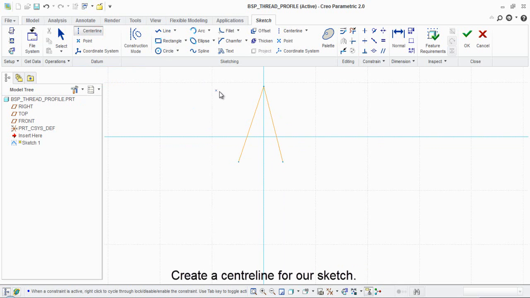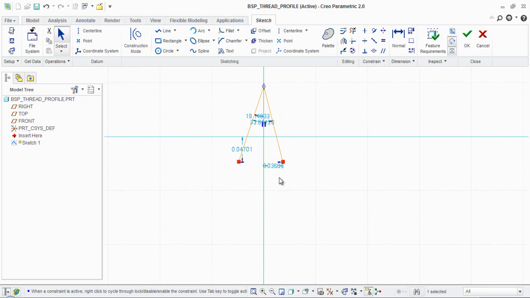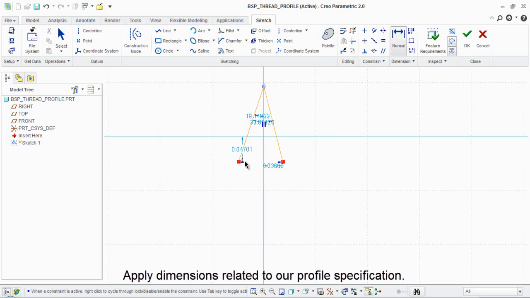Create a center line for our sketch. Apply dimensions related to our profile specifications.